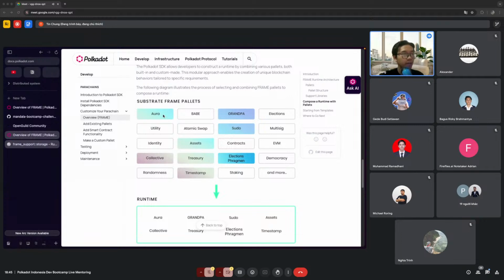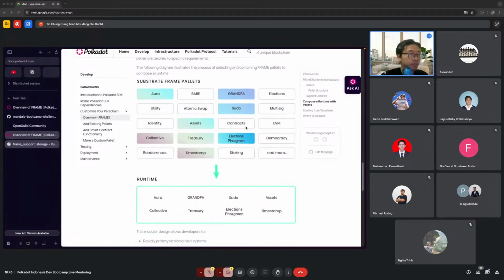Most of the templates, when you initialize, are going to use pallet Aura. It basically allocates each validator to participate in the block production round, and then produce a new block, and then move to the next validator, and then produce a new block again. So this is the most basic block production mechanism that you can add to your blockchain.